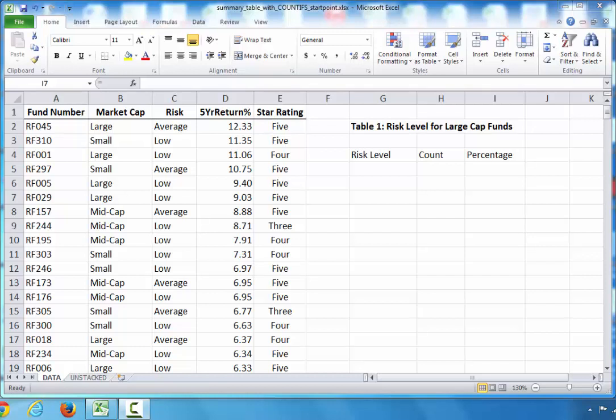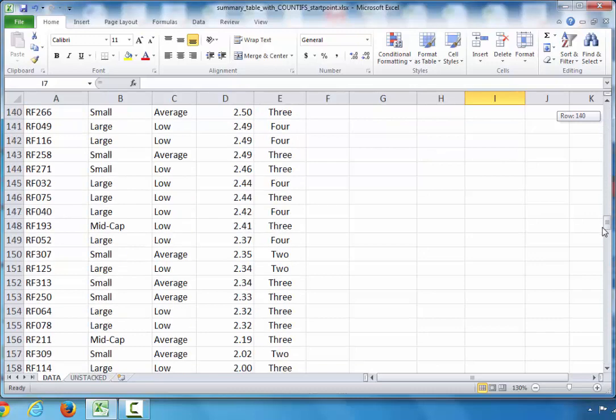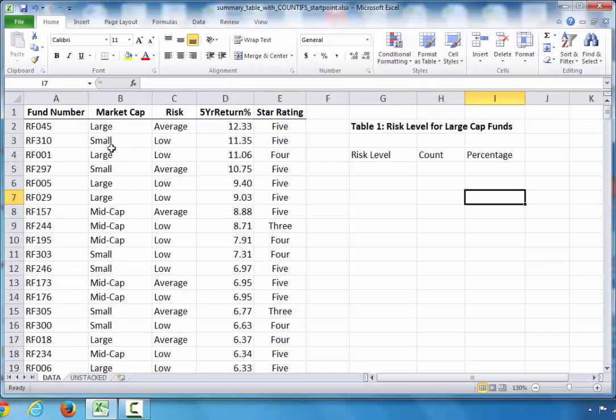In this video, we're going to review making a summary table that shows counts and percentages for a categorical variable. In my data over here, I have data on over 300 different mutual funds. For each fund, there are several variables: the fund number, the market cap, which indicates the size of the mutual fund, the risk level, 5-year return, and